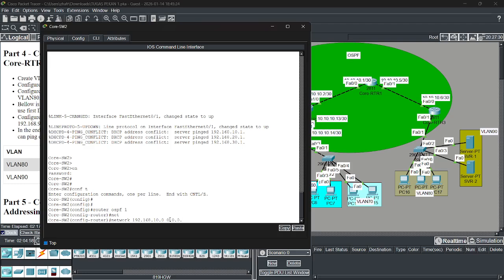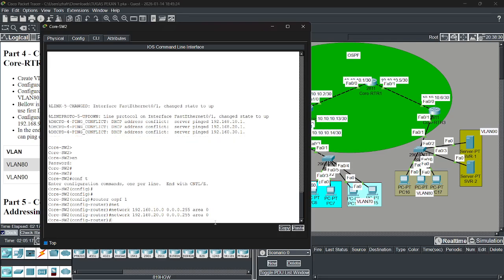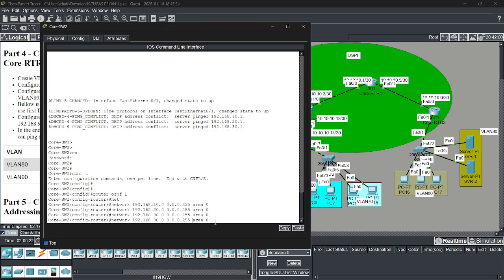The wildcard is the opposite of the subnet mask. Area 0, all area backbone. Same for 20 and then 30 and 40.